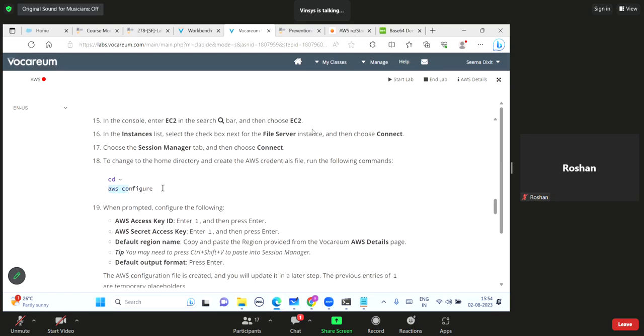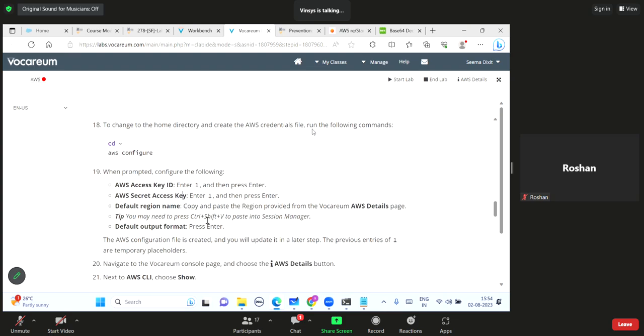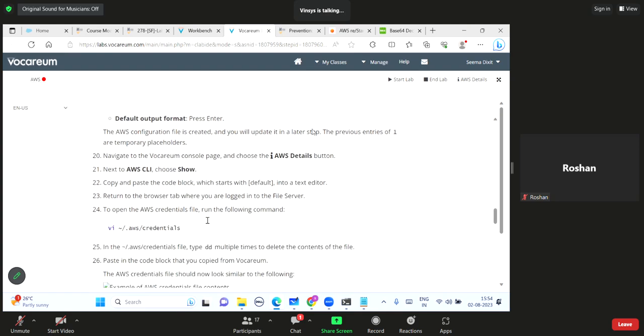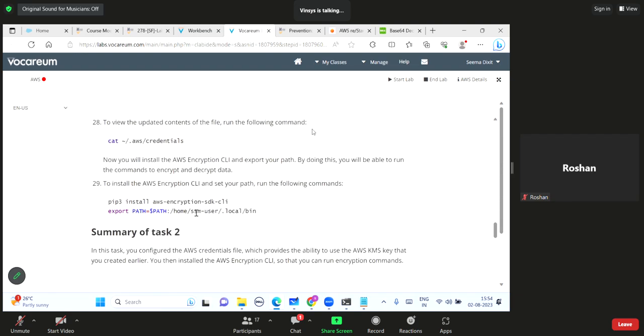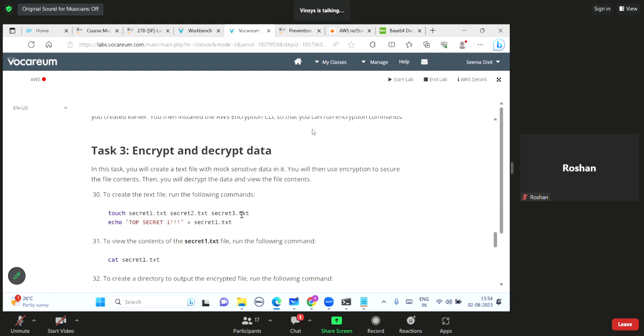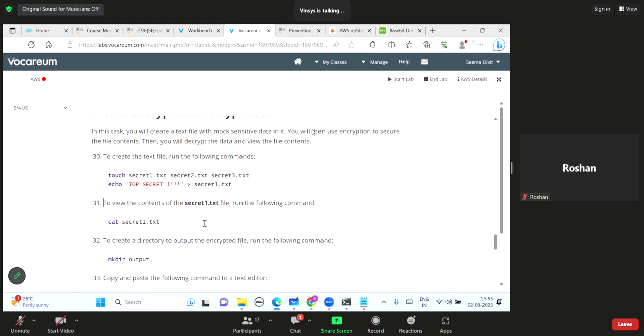Okay. So otherwise, see, the AWS configure command is there. Access key, secret key, you are going to give region. Okay. And fine. Encrypt and decrypt the data. Okay, fine. So now you are going to use the touch command and you are going to create secret1, secret2, secret3 and echo top secret in the secret1 file. Then you are going to use cat